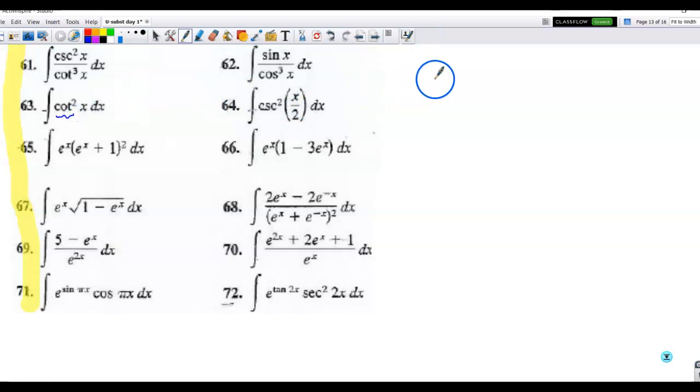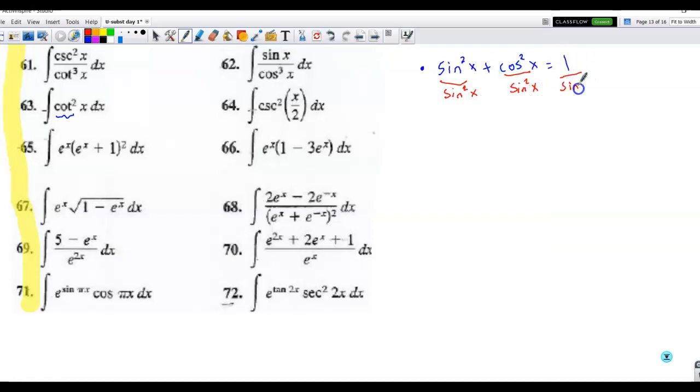This is going to go back into the deep recesses of your mind. We had 3 Pythagorean identities last year in pre-calc. The basic one is sine squared x plus cosine squared x is equal to 1. That's a Pythagorean identity that you learned last year in trig. Now, we're looking for cotangent squared, so if I divide each term here by sine squared,